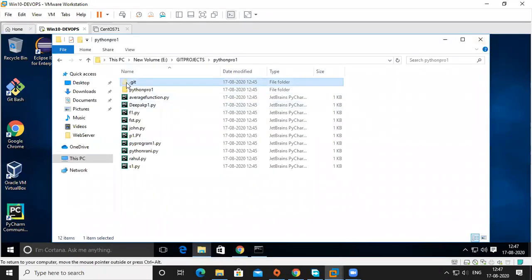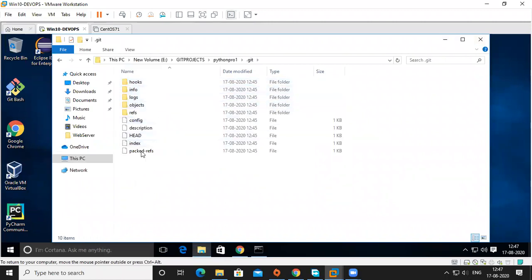If you want to see what is there in .git, these files are there in .git. Okay, you can see the config file.